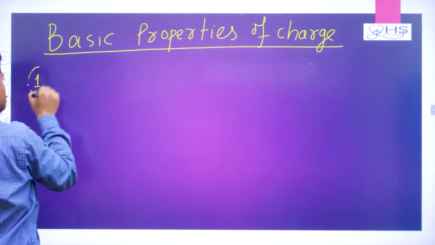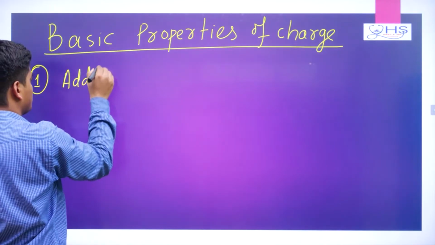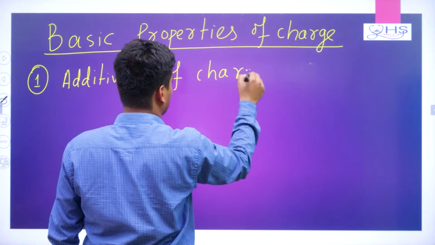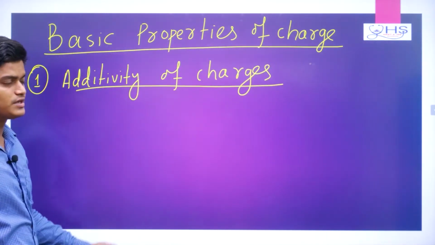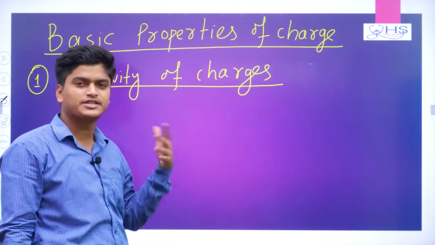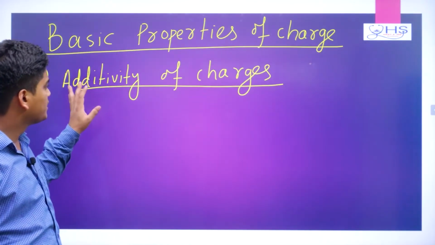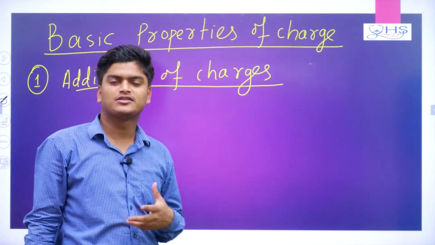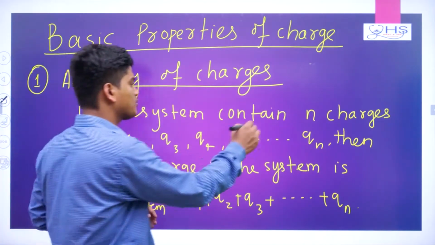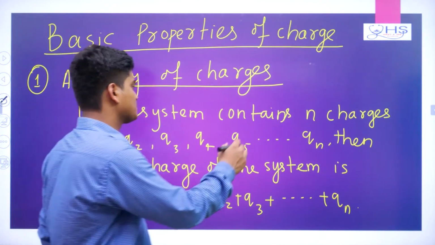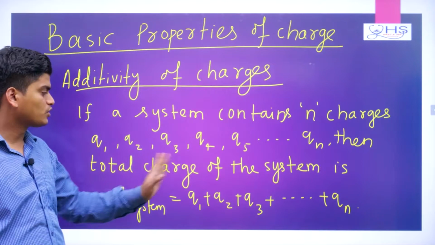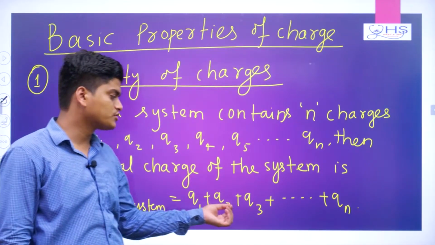So the first property is additivity of charges. What do we mean by this? Whenever there is a system containing n number of charges having different charges q1, q2, q3, qn, then due to this property the total charge of the system is basically the scalar sum. So simply we can add: if a system contains n charges q1, q2, q3, q4, qn, then the total charge of the system is q1 plus q2 plus q3